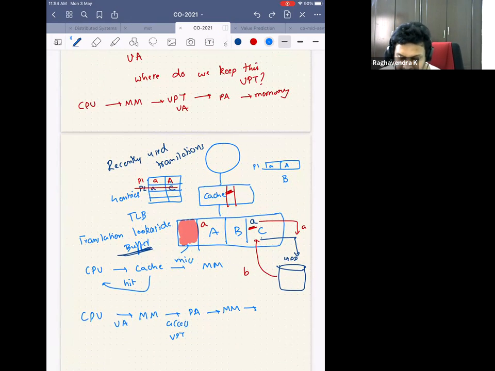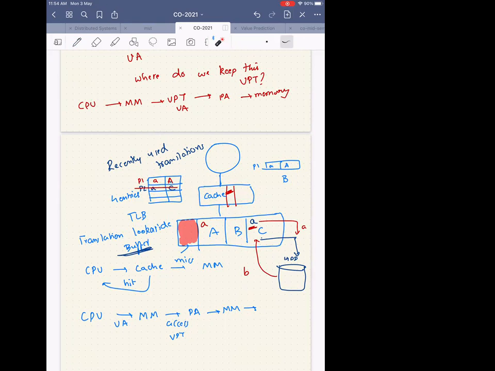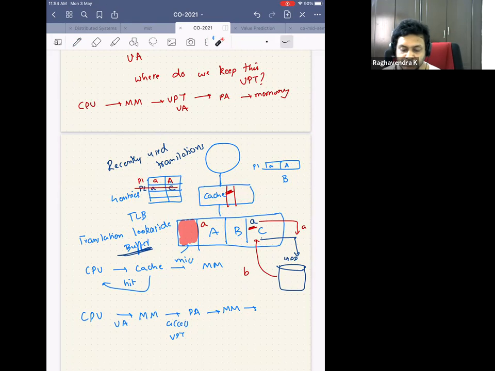Let's say I am accessing this. So why did I have the cache in the first place? I had the cache because I wanted to reduce the number of accesses to the main memory. Agree? So then we say we want to have a TLB. Let's say the cache takes one cycle and the TLB takes one cycle to access. Now, any address that you generate, how many cycles does it take? Minimum 2 cycles, right? Even if there's a hit in the cache, because you want to go to the TLB first, and if it's a hit, then you go to the cache.